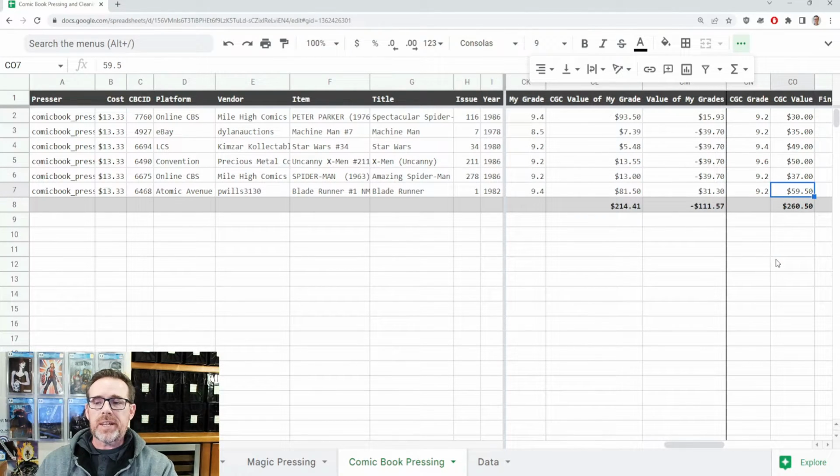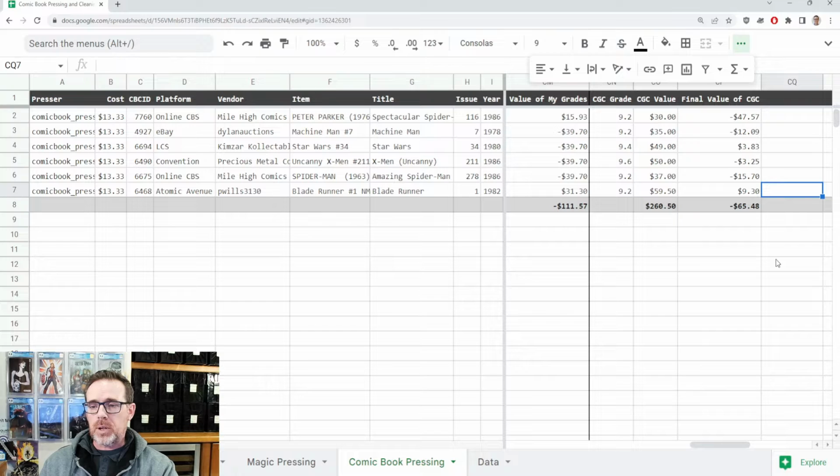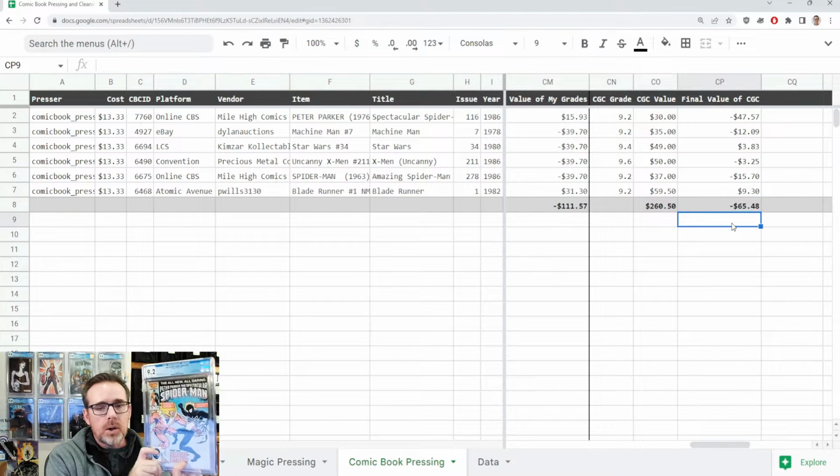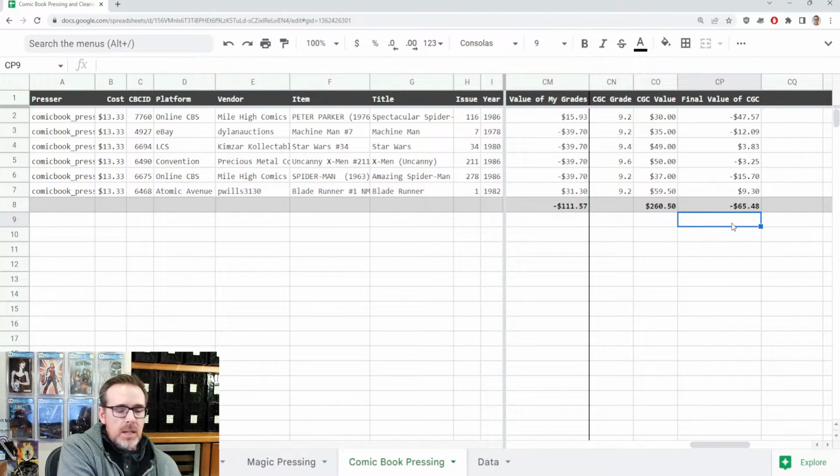So when it's all said and done, what did all of this cost me in terms of my final value here, where I've got column CP, and this is, again, what it cost me to essentially acquire all 6 of these books in the slab from the moment that I purchased the book, whether it be online or in person, all the way back from CGC, and to...